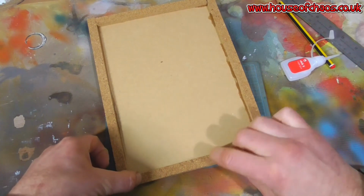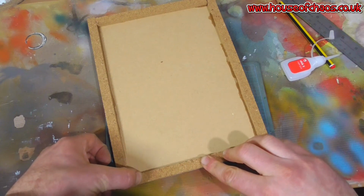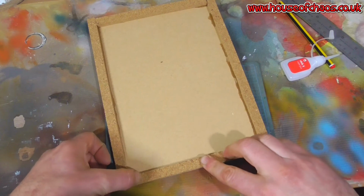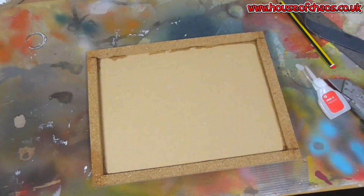Just like so. Right, so I will put a yellow pages, or the equivalent of, on top of it, a nice heavy weight. Make sure it's all gone off. Ready for the next stage. Once the glue is fully dry,